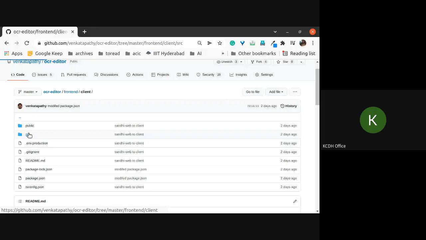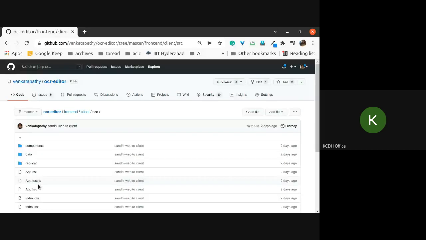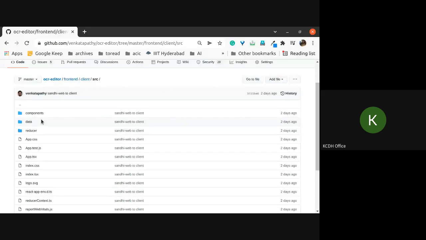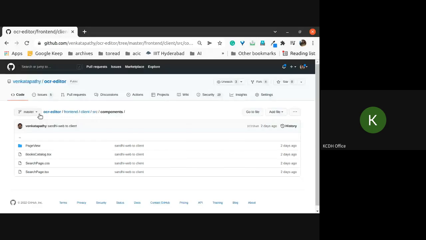This is based completely on React, a new version of React, where you will have these app.tsx. I'll give it to you on how to explore this. But the major important part is the components. A React page, let's consider this one particular page, will be composed of different components. For example, this OCR editor can be one single component, or this window can be one component, and within that there can be different components, and it's a component based architecture.